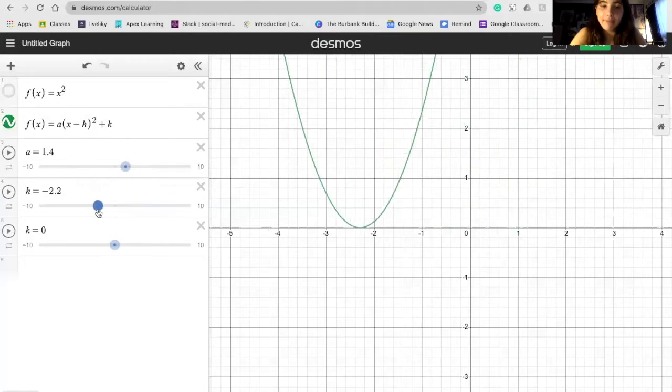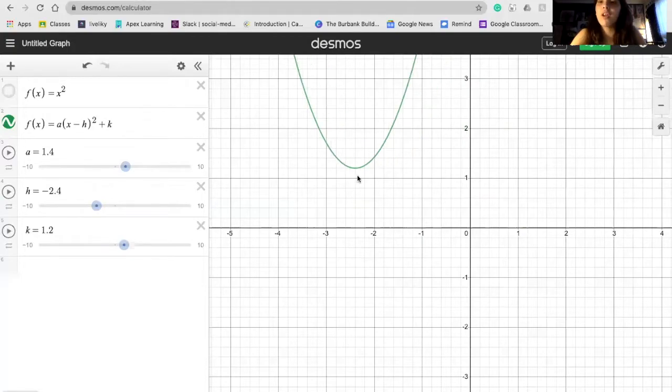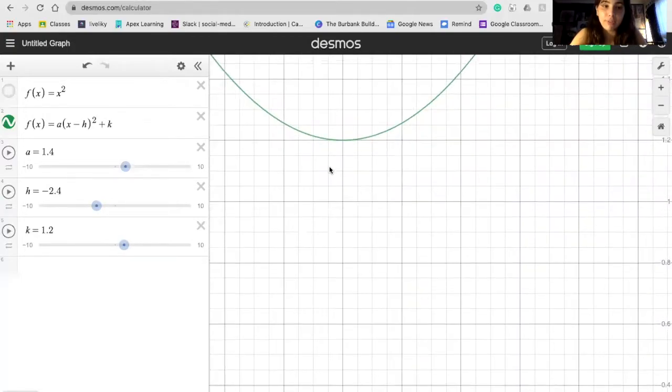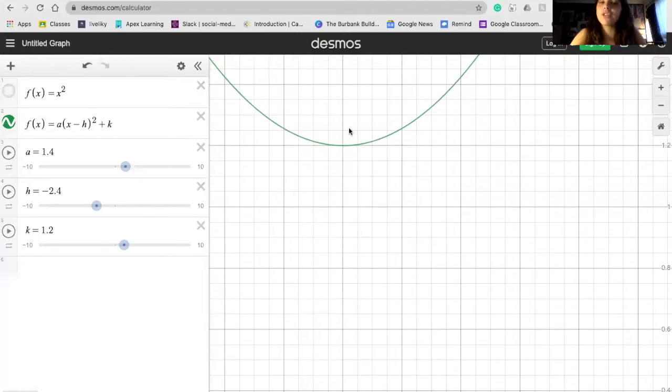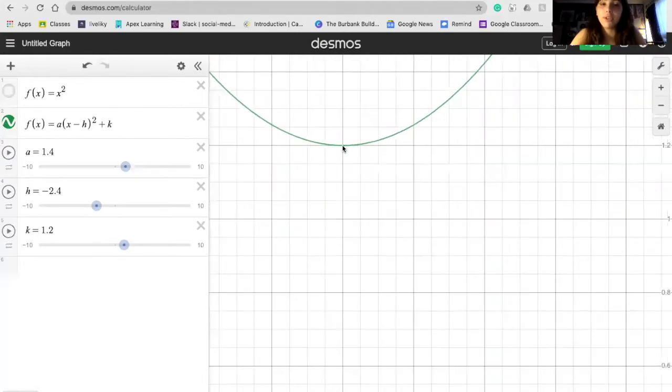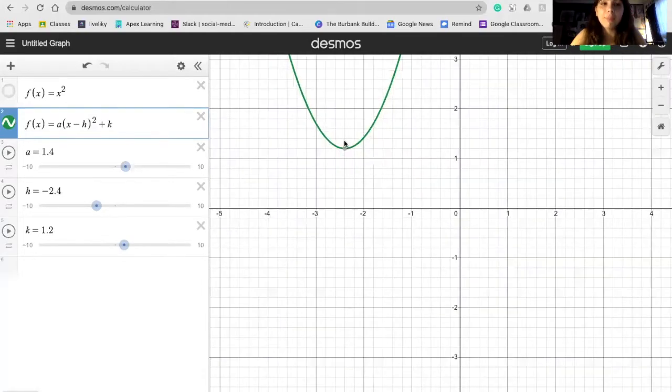Moving on to k, k controls how up and down the parabola is. So as you can see, h and k come together to form your vertex on a quadratic. So if we have a k of 1.2 and an h of negative 2.4, you'll get this point right here. Moving on to a,